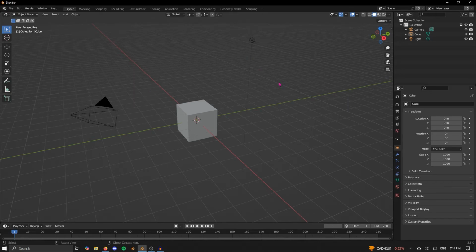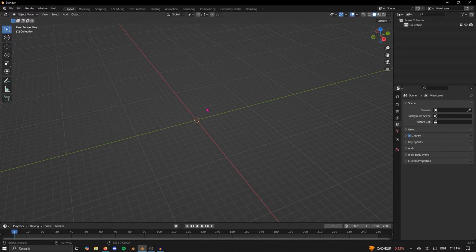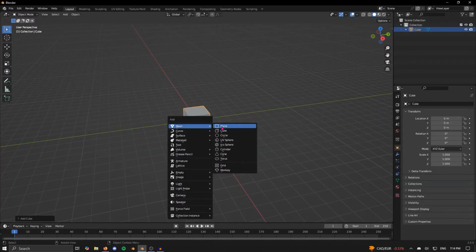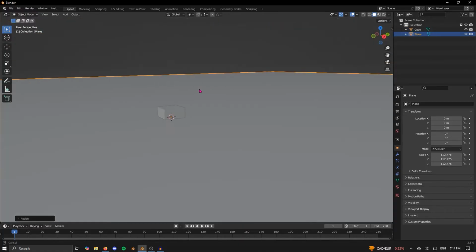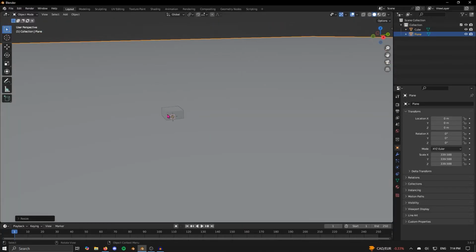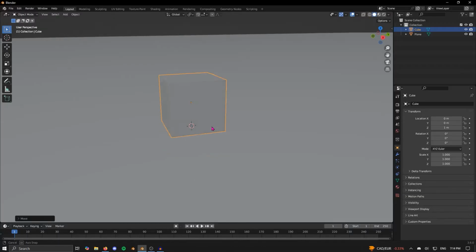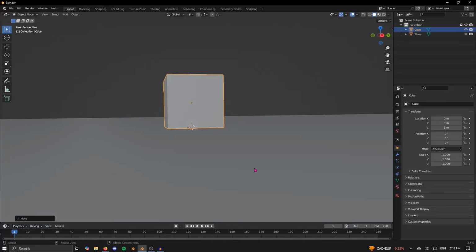Okay, so in this video we will be animating our cube. So I'm just going to delete everything and recreate our cube here. And I'm also going to make a floor. I make the floor kind of big. And I'm going to also move this cube up by 1 meter so that it's directly on top of the